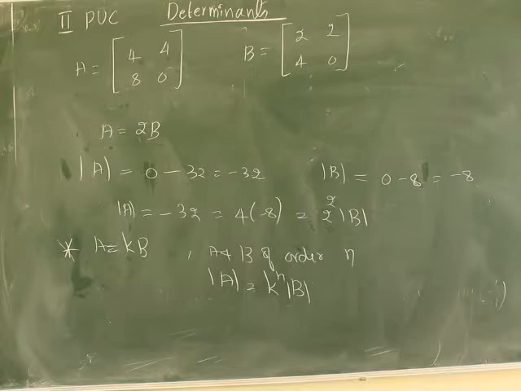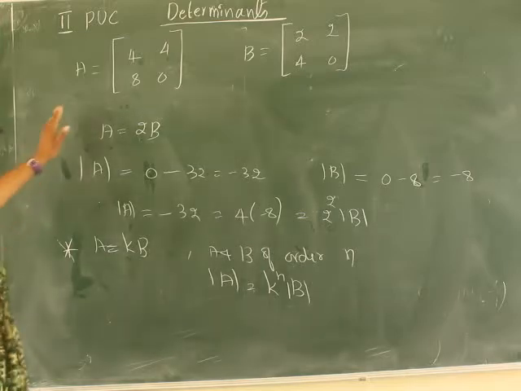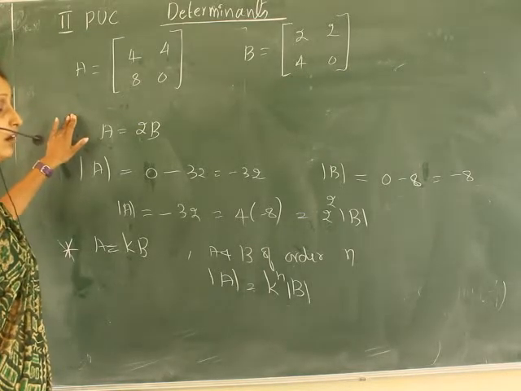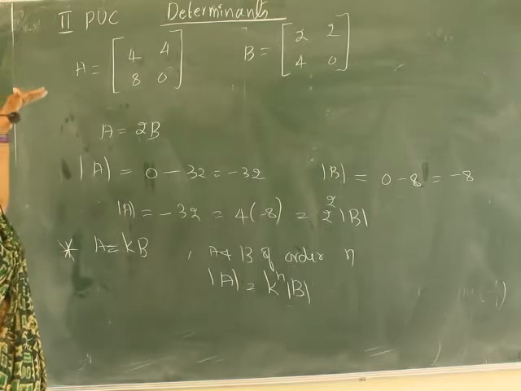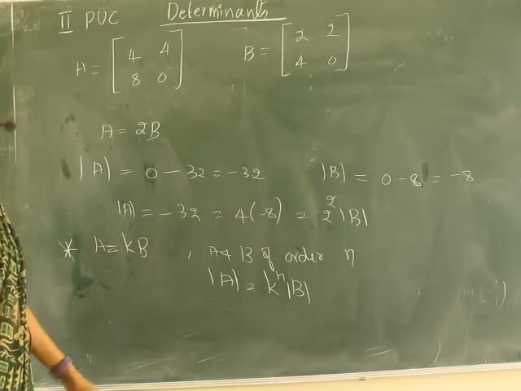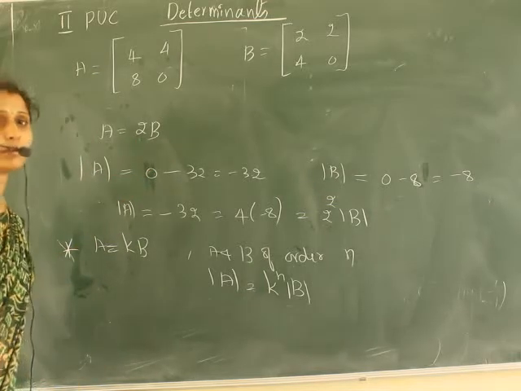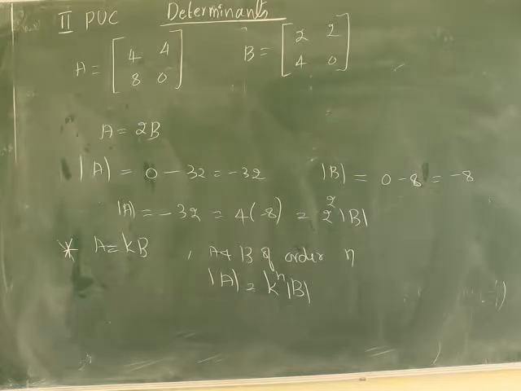Then I have told you how to find the determinant, which is easy. Either we have to expand along R1 or R2 or R3, or C1, C2, C3. We have to expand along any one row or any one column to find the determinant value. So the easy step, especially for a 3 by 3 matrix, is to expand the determinant along the row or column having more zeros, because 0 into anything is 0, so no need to write.